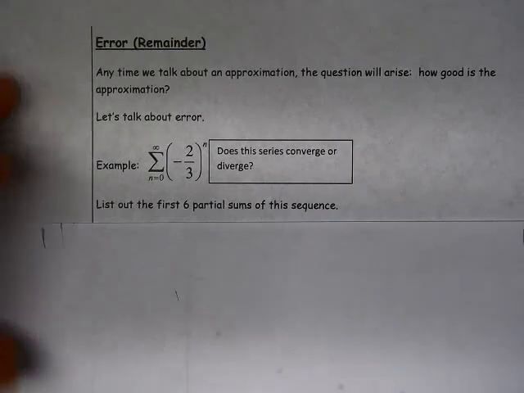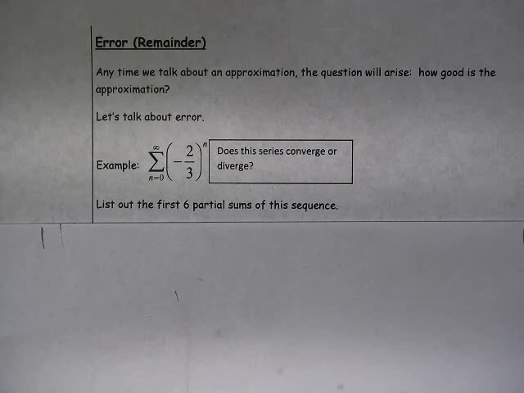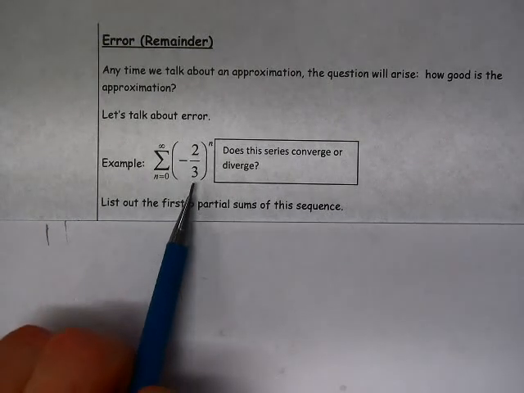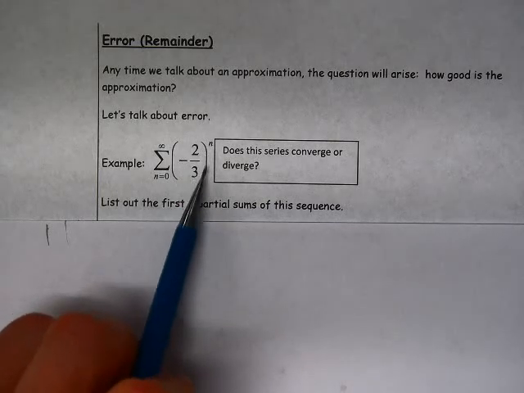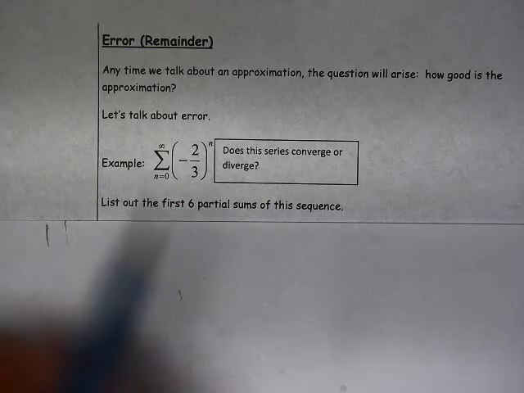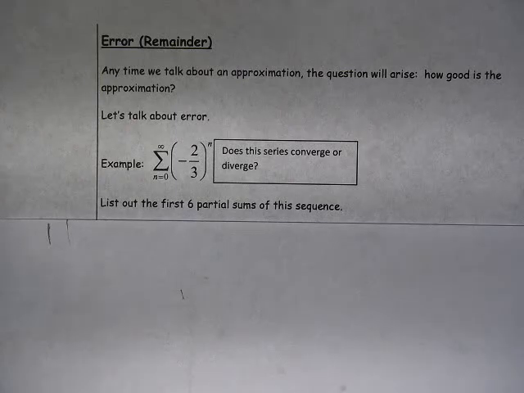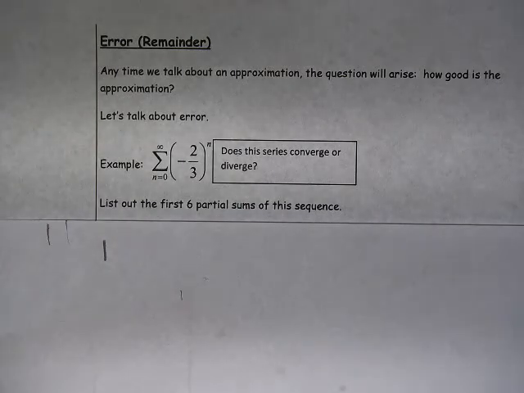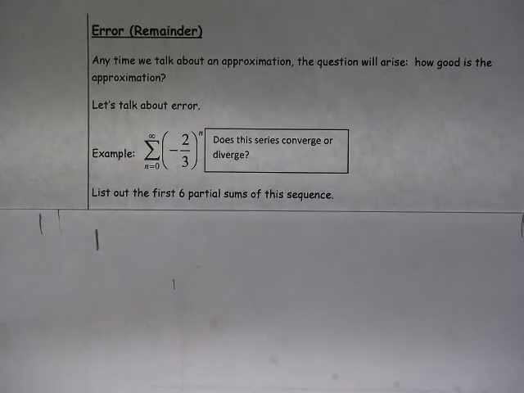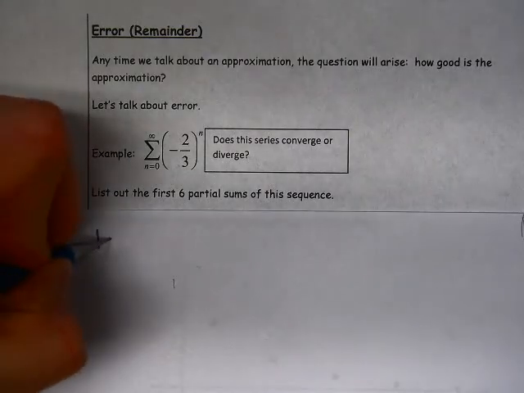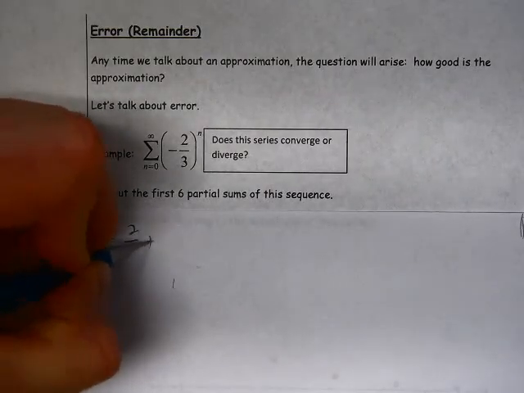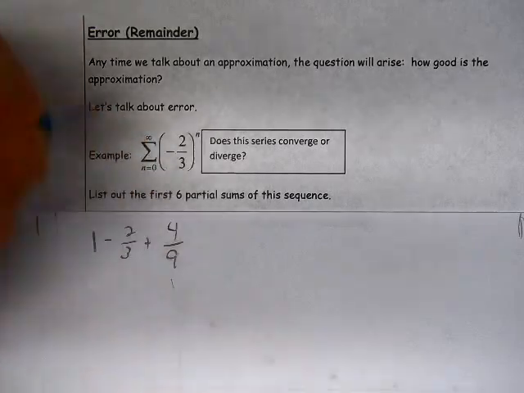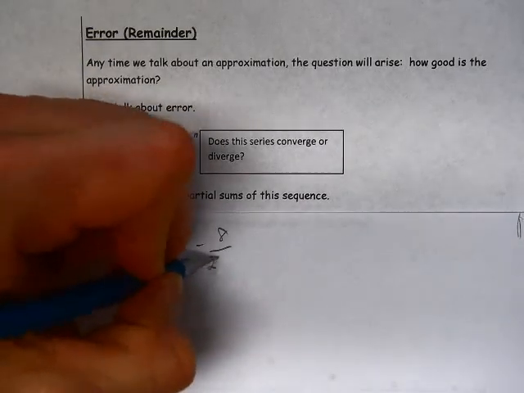So as we start to talk about error, otherwise called remainder, we're going to start with this alternating series. I have negative 2/3 to the n power, and we're just going to explore this a little bit and look at what these partial sums look like. At first I'm going to list out the terms of this series, and then we'll talk about the partial sums. So it goes 1 minus 2/3 plus 4/9 minus 8/27